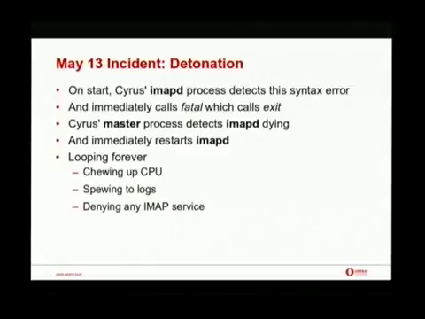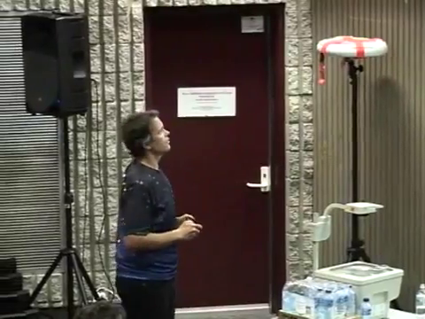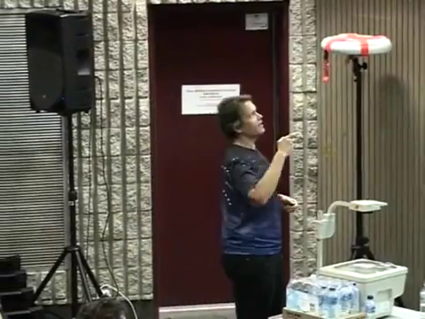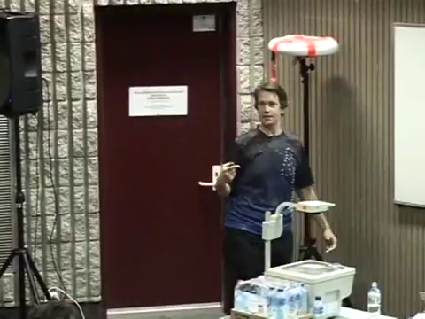So now, as soon as you restart Cyrus, you have a loop which is chewing up CPU, spewing an enormous amount of stuff to syslog, and of course denying you any service. But then it gets better. In Fastmail, we have a patch which changes fatal to abort. So this CPU-chewing loop is now a core-dumping CPU-chewing loop. That's core dumping into the meta partition where the databases live.